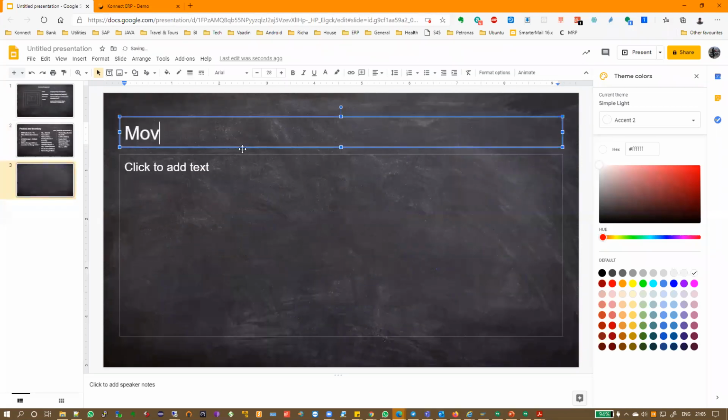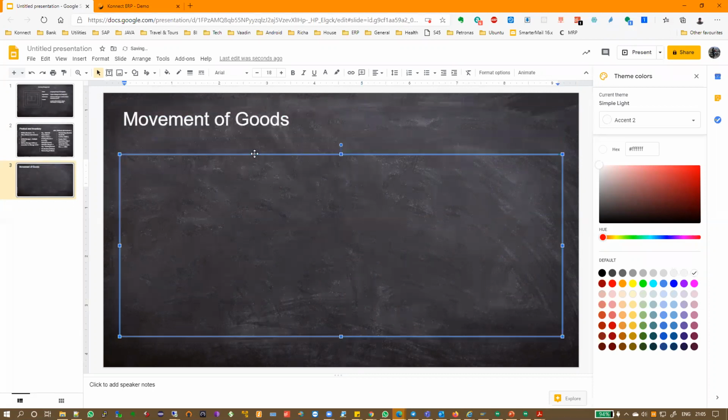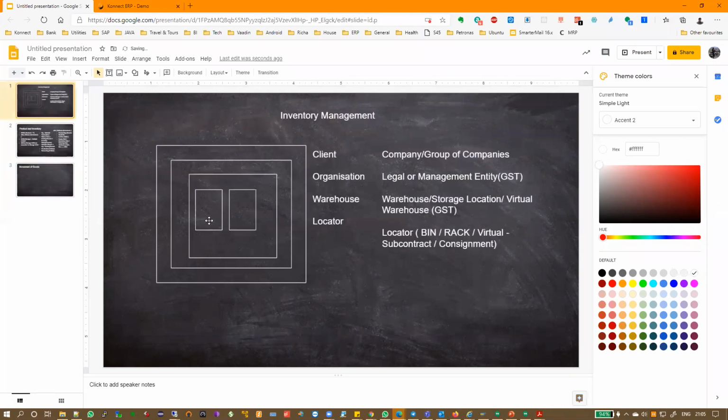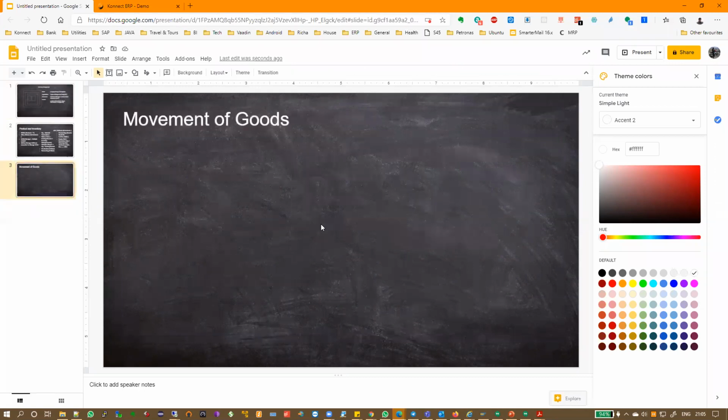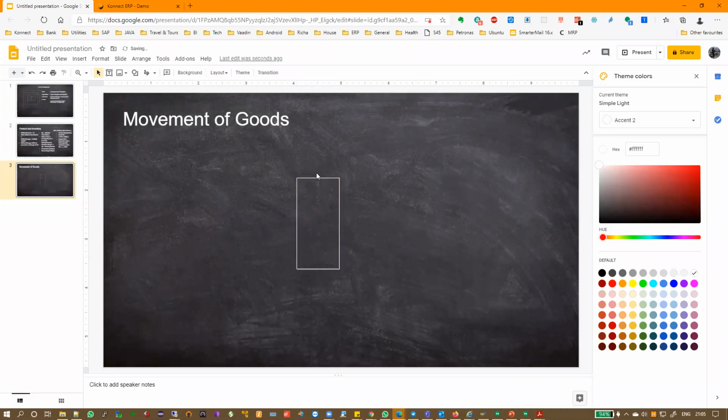Now, how is movement of goods tracked? For example, we said this is the locator.